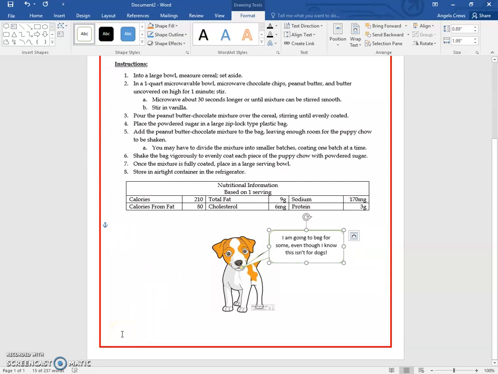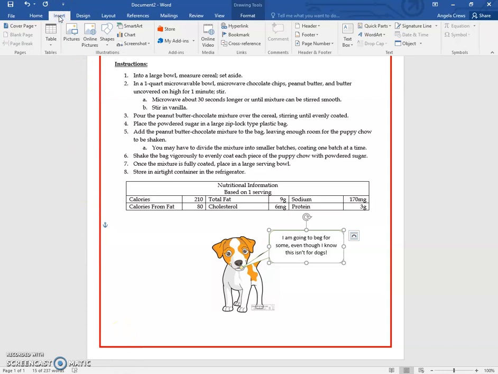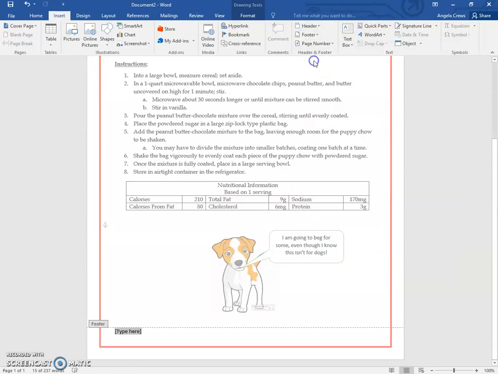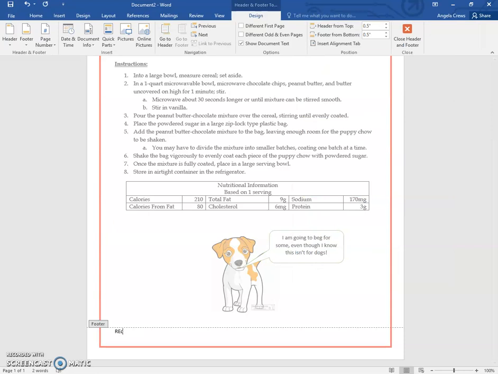And now we need to cite the source for the recipe and my picture there. So that's the footer, insert footer blank. And so I would just type what I have down there at the bottom, recipe taken,